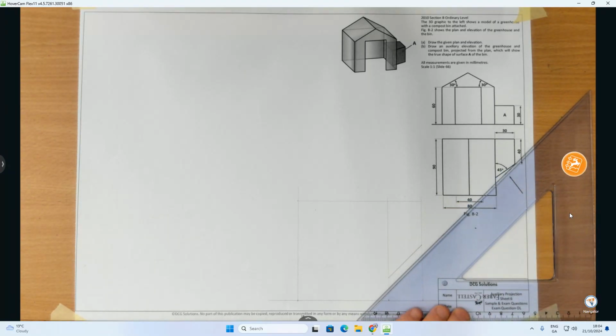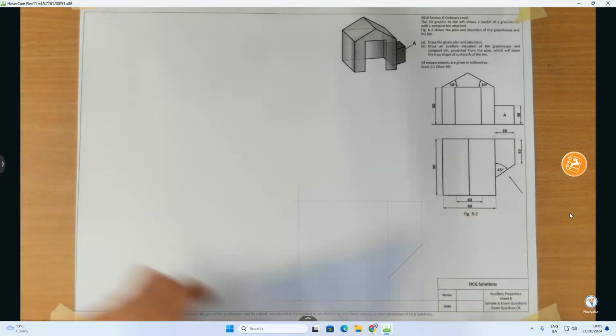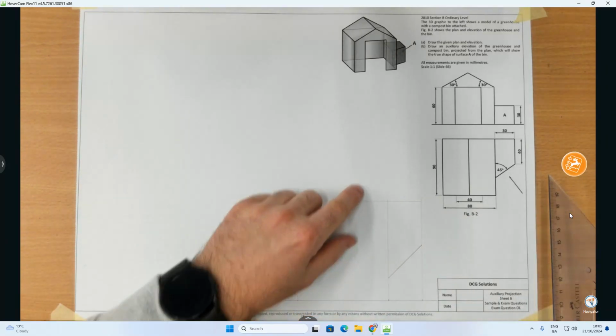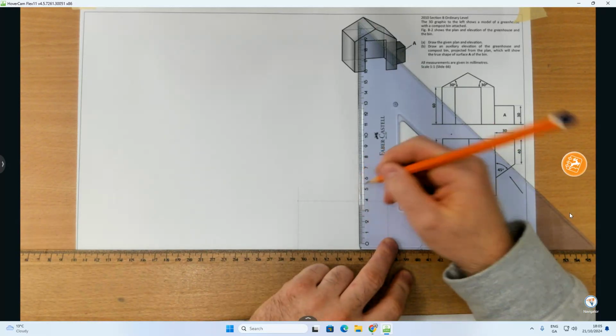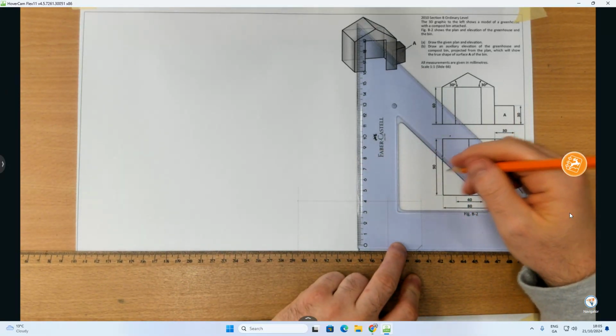Okay, I think there's just an error on the book. Now, that's kind of the rough shape of the plan at this moment in time. What we're going to do now is start the elevation. So I'm going to keep a little gap, about anywhere from 1 to 2 centimeters. I'm going to come up